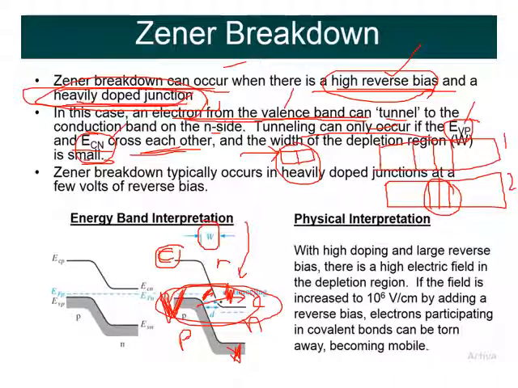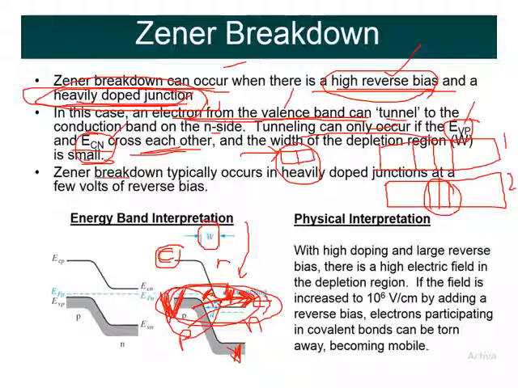So what has happened actually? Ultimately, the electron has jumped from the valence band to the conduction band. Correct? What will an electron in the conduction band be? It will be very free to move. Hence, if most of the electrons jump from the valence band to the conduction band, then we can say that most of the electrons are liberated. Why? Because electrons are free in the conduction band. So due to this tunneling, most of the electrons are liberated.